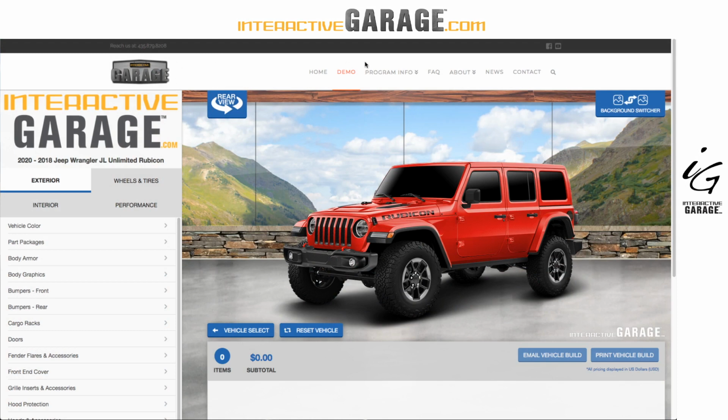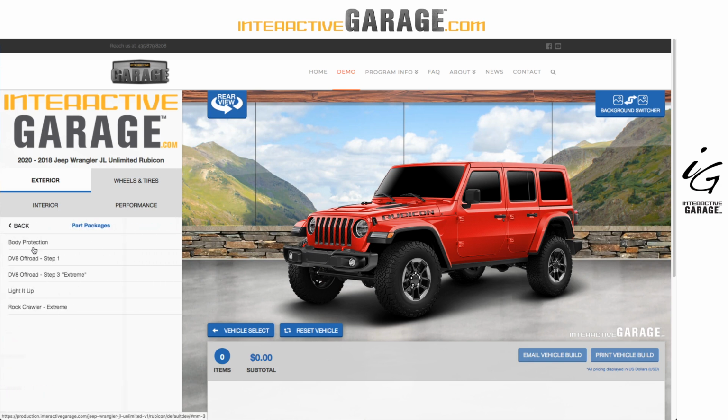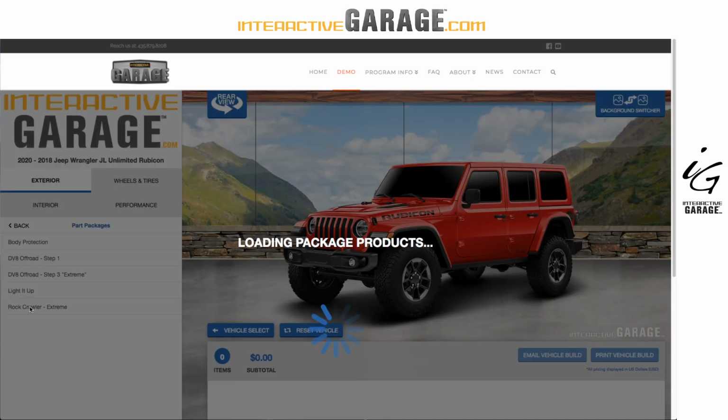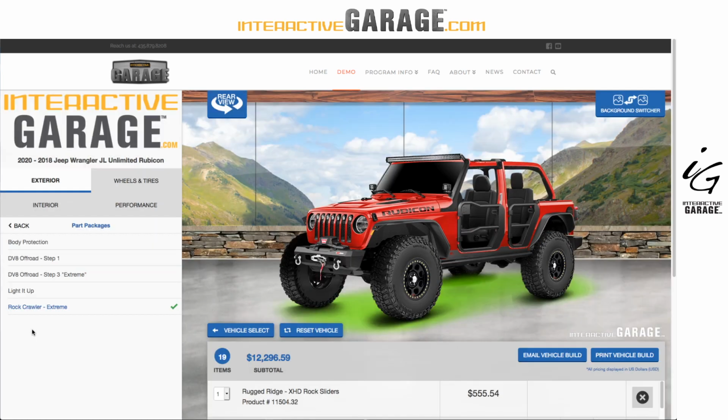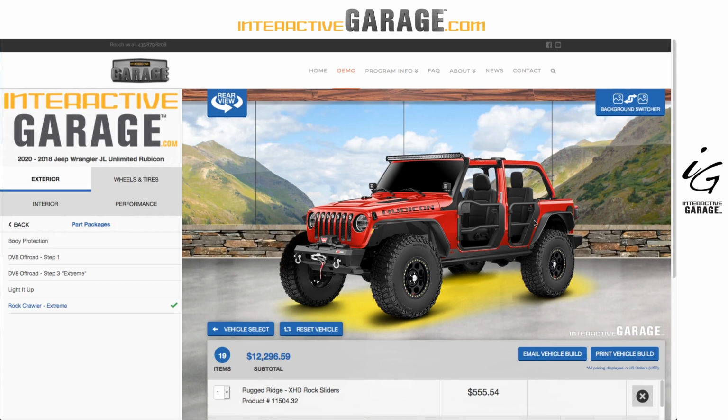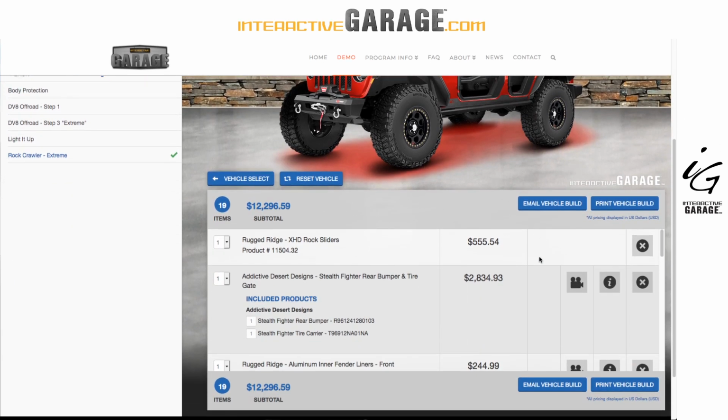So I already kind of brought up a vehicle here. This is our Interactive Garage main demo site. And what you're going to see here is right here, parts packages, right? So click into here. I've already done a few. I'm just going to load one up right now. So again, these are packages that I built. I called them what I wanted to call them. I put the products onto them I wanted to put on there. So, boom, I click one button, 19 items show up in this package that I built,